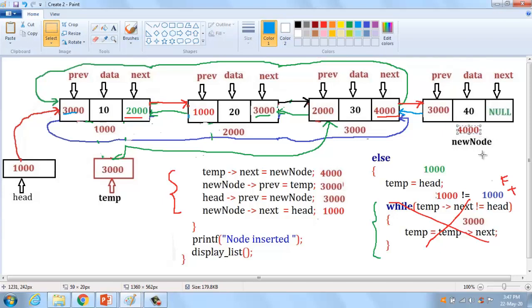Here also it indicates 4000. Automatically this link is disconnected from the third node, and it is automatically connected to the last node in the list.